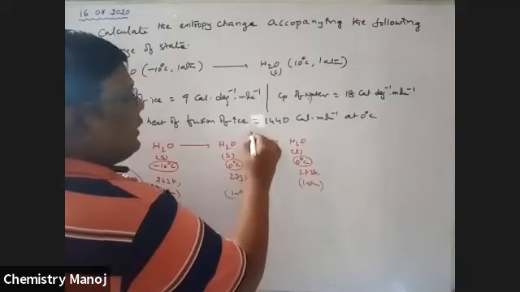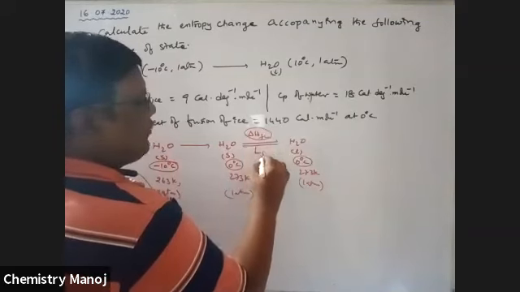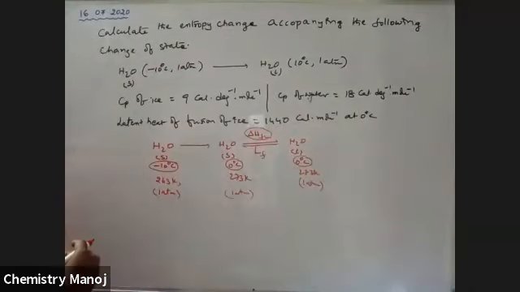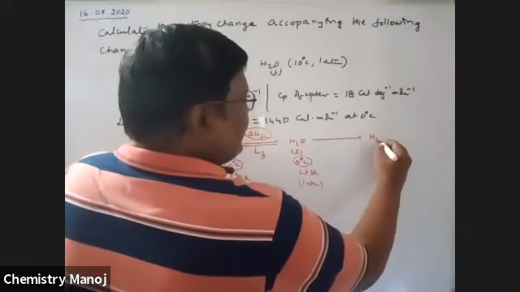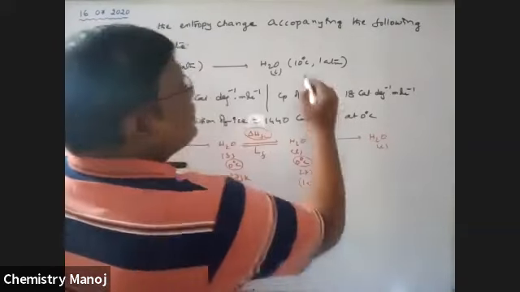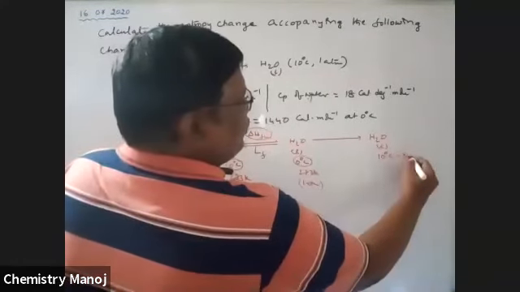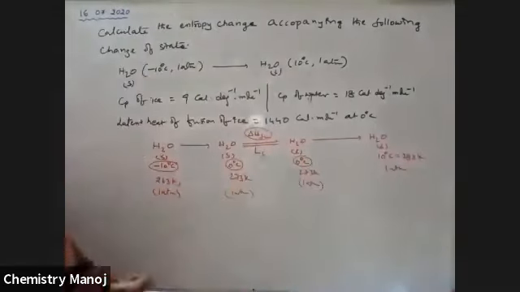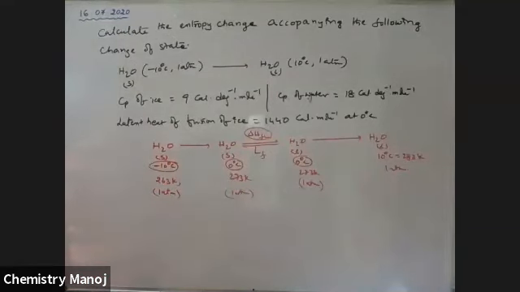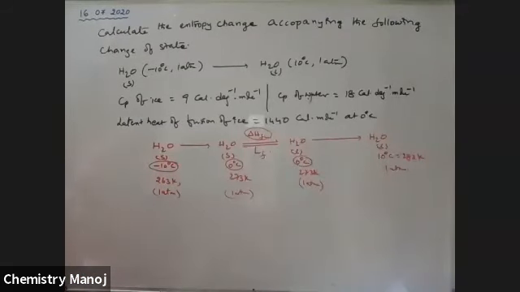Here delta H fusion, nothing but the latent heat of fusion, we are using. Next, this H2O liquid changes to H2O liquid at 10 degrees centigrade, which means 283 Kelvin, at the same 1 atmosphere pressure. Stop there. No gaseous conversion. Up to that one, he asked. That means 1, 2, 3: 3 steps are completed. You should use 3 steps.